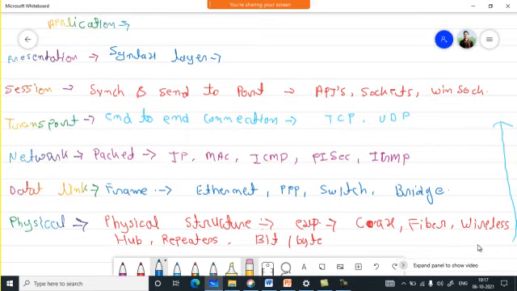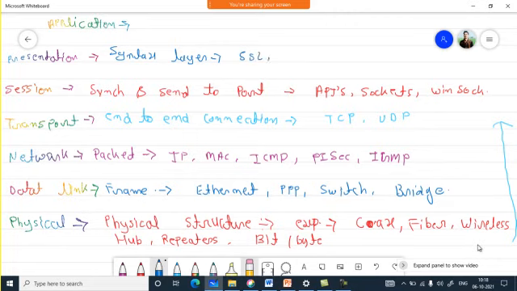So this will identify all the kinds of data it is getting from the session layer, like all the port information and the protocols, that is SSL,